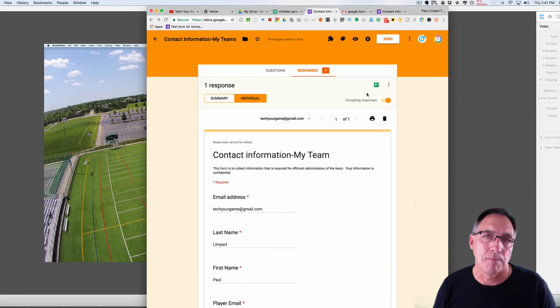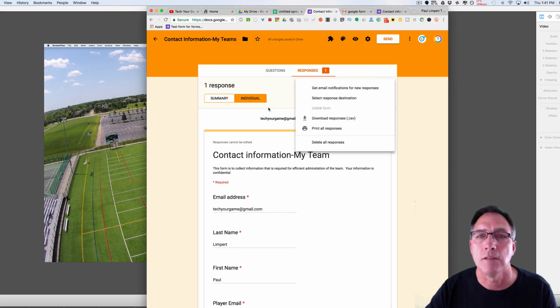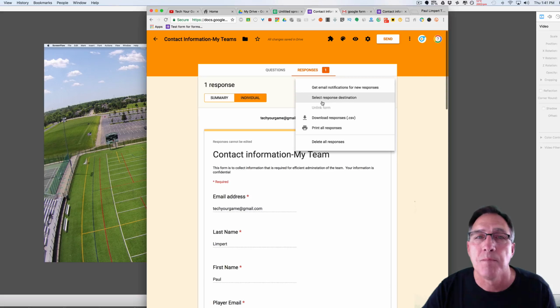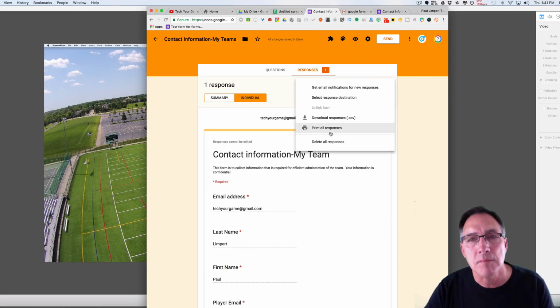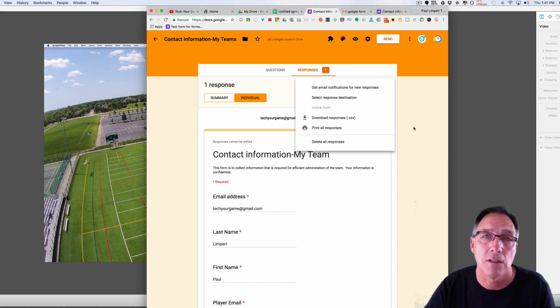And here's the best part, and this is why I'm pushing Google Forms so hard on you guys. And this is it. Create a spreadsheet. All right. You can select your destination. You can get email notifications for new responses. If you want an email for everybody that sends it in, I don't think you do, but you might. Select response destination, download responses to a CSV, print all responses, and delete all responses. If you delete all the responses, you can resubmit this form next year and get a whole new fresh set